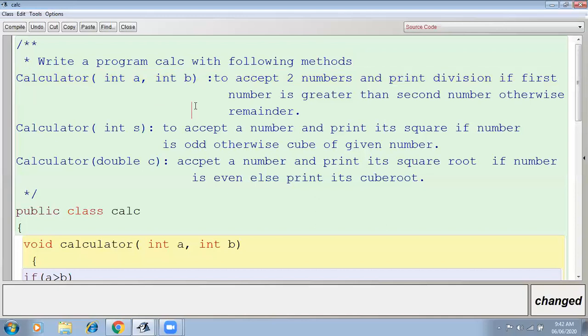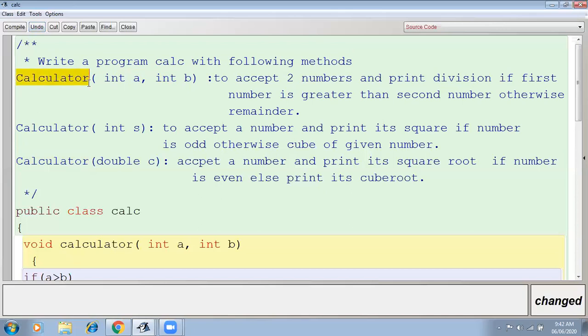Now what you have to write in the methods, just see over here. In the first method you have to pass two integer parameters. So what is function overloading? Same name of the method but a different parameter list. See over here, two parameters of integer type, here one parameter of integer type, here one parameter of double type. So the signatures of the methods are different. It doesn't matter that the name is the same. The name will be the same because we are implementing polymorphism by using function overloading. And polymorphism says one thing in multiple forms.